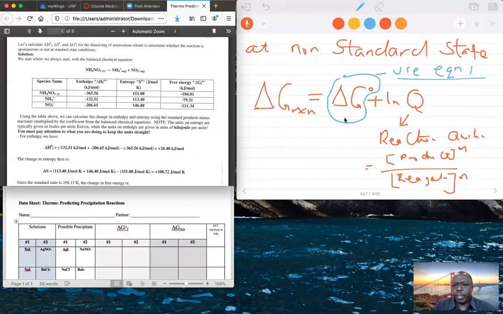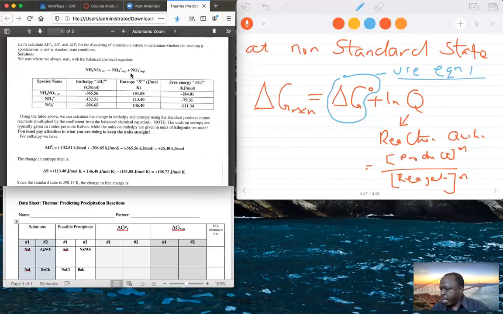Ln is the natural log. It's a function on the calculator. But Q is based on the balanced equation, the thermodynamic equation as it is written. Remember, we are looking at the precipitation, not